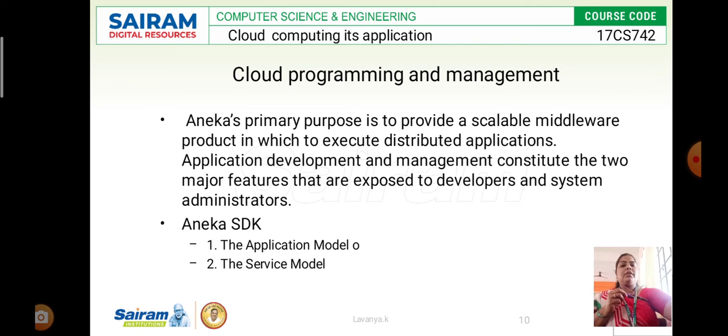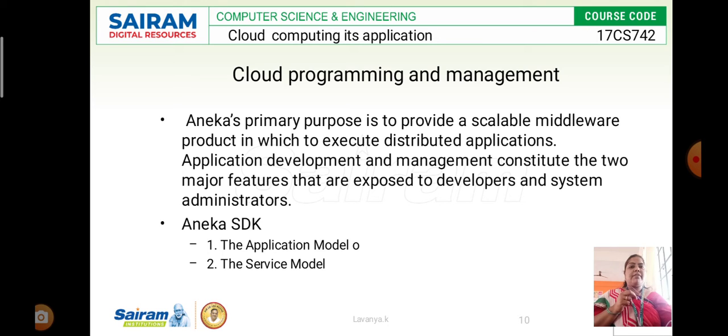Then I'll move on to cloud programming as well as management. Here we are going to use Aneka. This Aneka works for the primary purpose, and it also provides a scalable product, which also executes distributed applications.